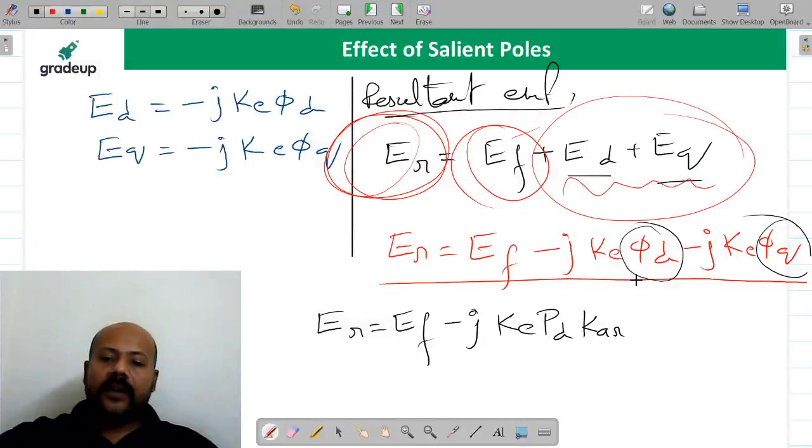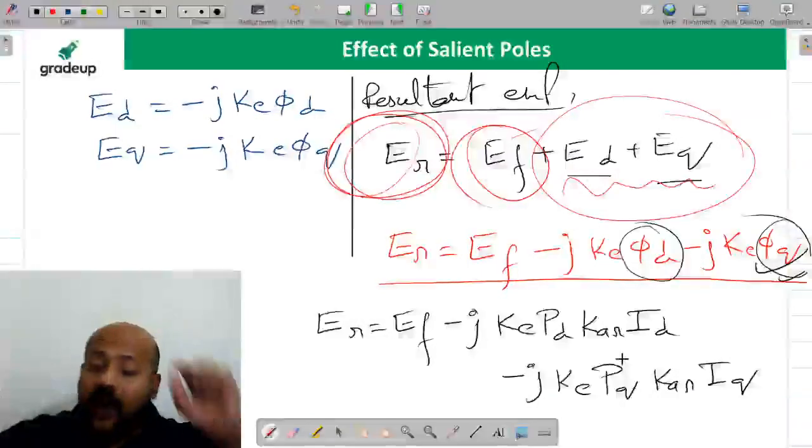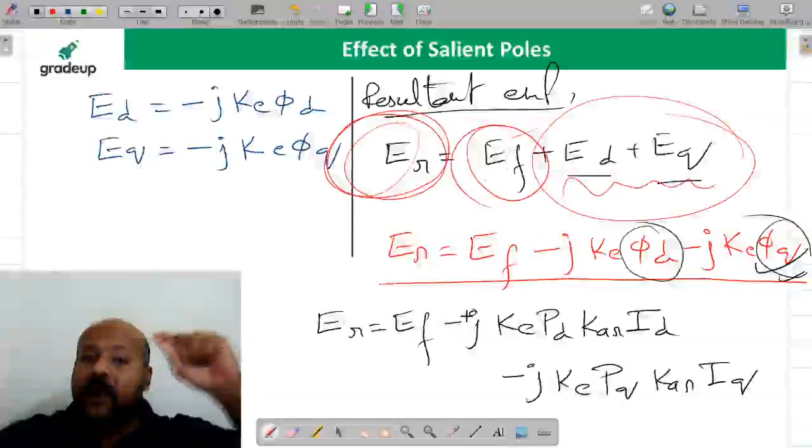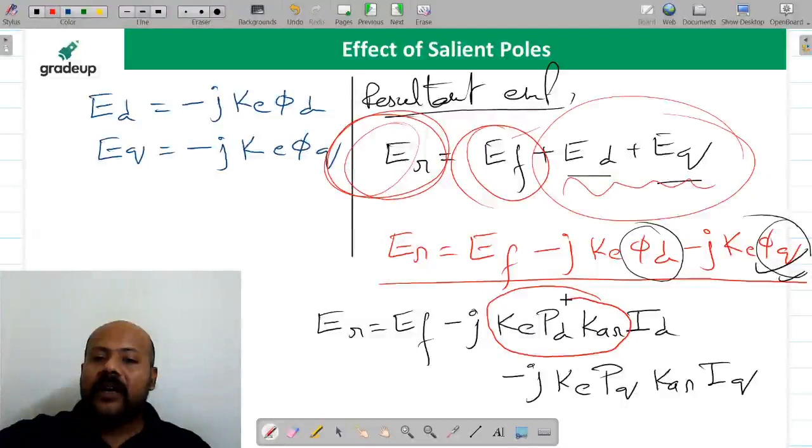Okay, it's okay, beta. And this is going to be ID. And similarly, beta, we are writing for this phi Q as minus J KE, and this is going to be PQ, and this is going to be KR, and this is going to be, beta, IQ. Now I am going to put a very important point. All of you listen to me very properly, beta. This quantity, beta, we are calling as